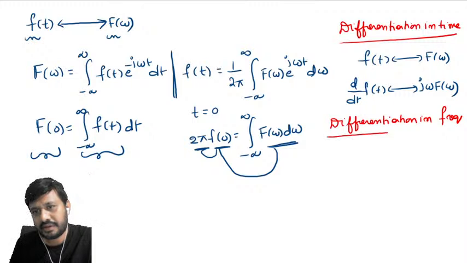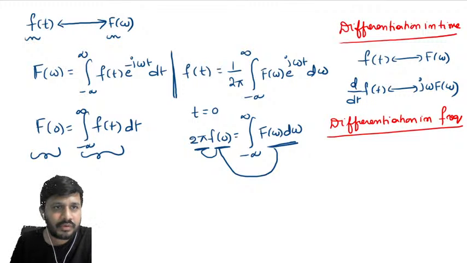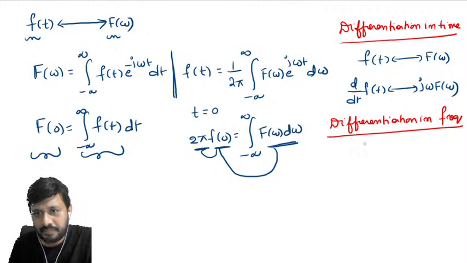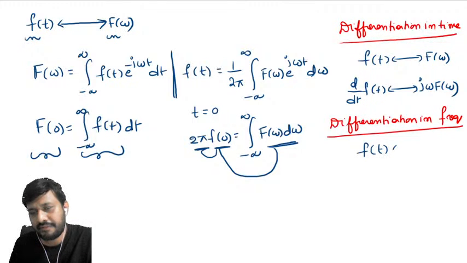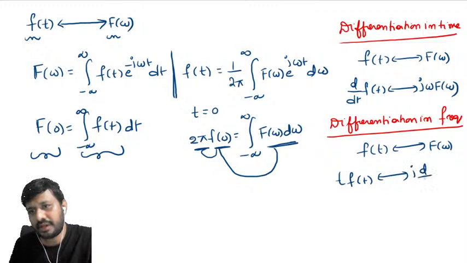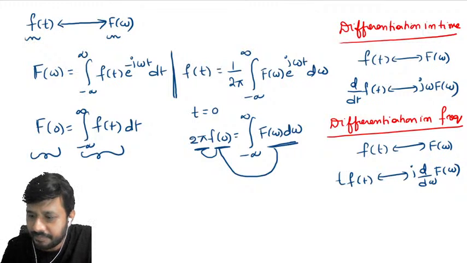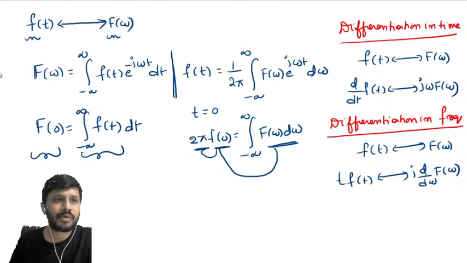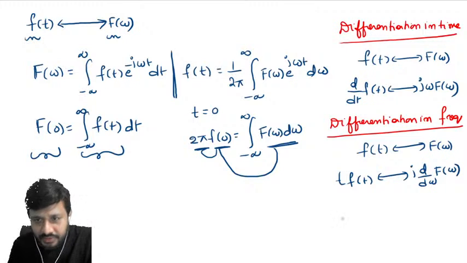Differentiation in frequency. How are we going to write the property? If f of t forms a Fourier transform pair with F of omega, then t times f of t forms a Fourier transform pair with j times d by d omega of F of omega. Right? Now this is one property, and the next one that is useful is, see, e power minus t square